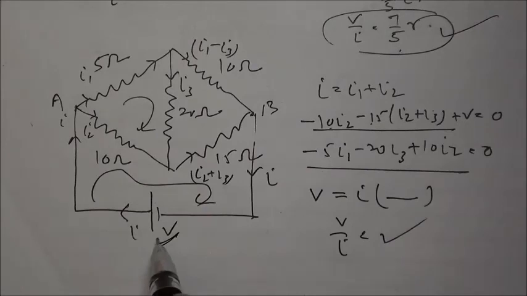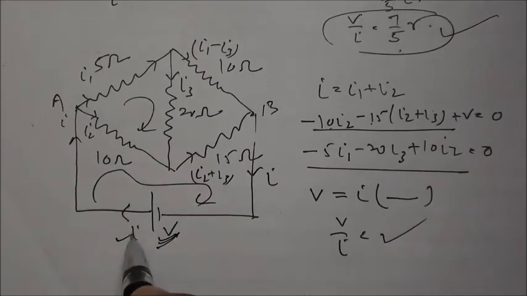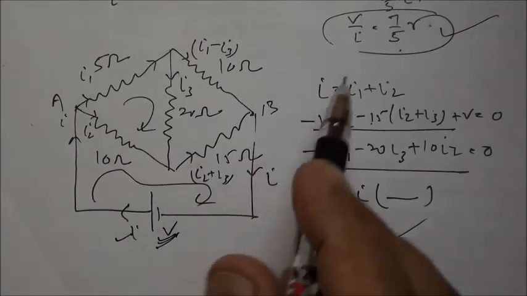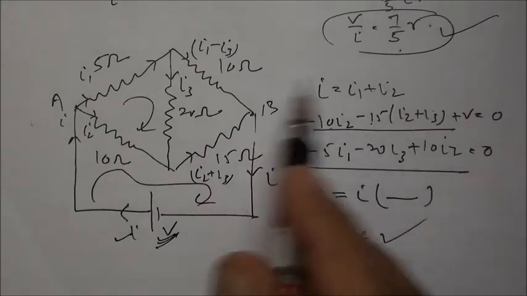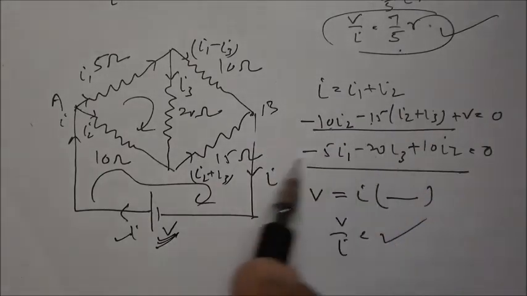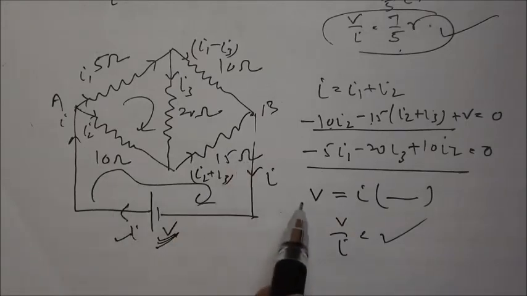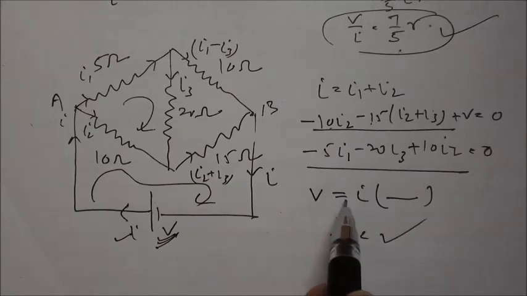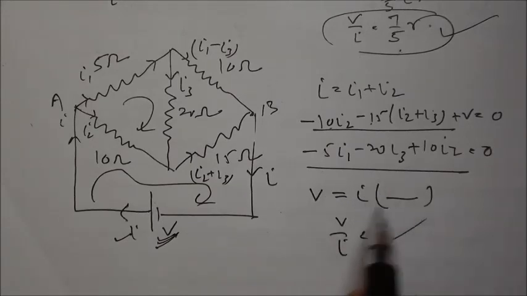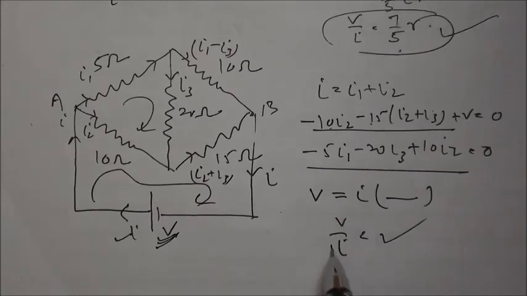You have assumed that there is a battery of V. You have assumed that the total current is I. So you have to find out I1, I2, I3 and whatever unknowns you are taking in terms of I, and then take one loop in which V is also there, so that eventually this can be written in some form. V is equal to I into something, some quantity will come here, and then you will take I on this side. This will be the net value of equivalent resistance.